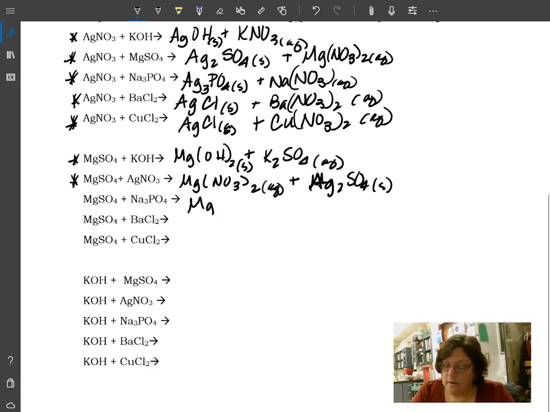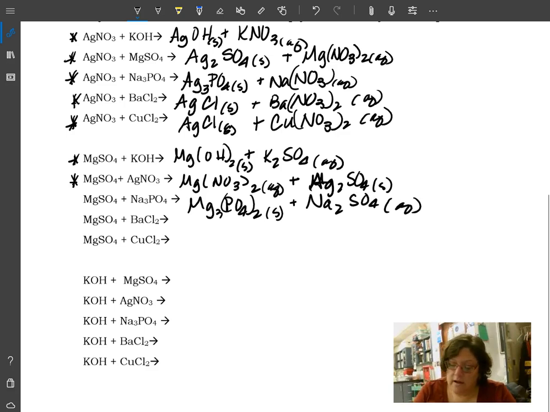Magnesium sulfate with sodium phosphate. Phosphates almost always form precipitates, so again we should have a precipitate there. Magnesium sulfate and barium chloride. Barium sulfate should form a precipitate,